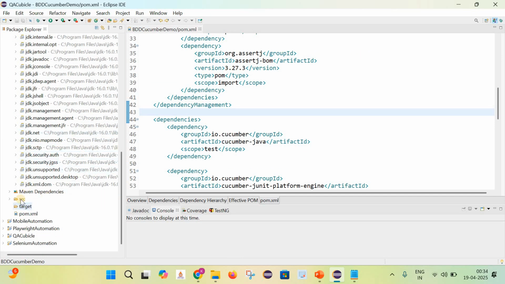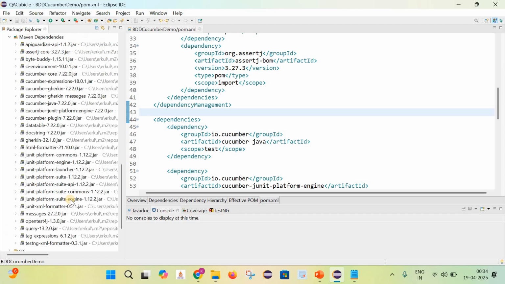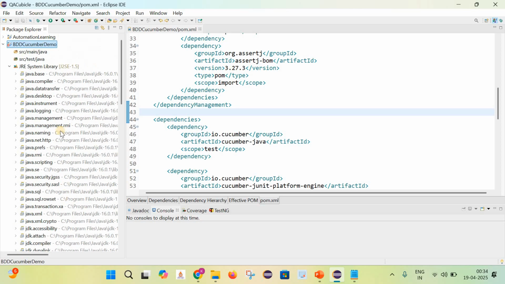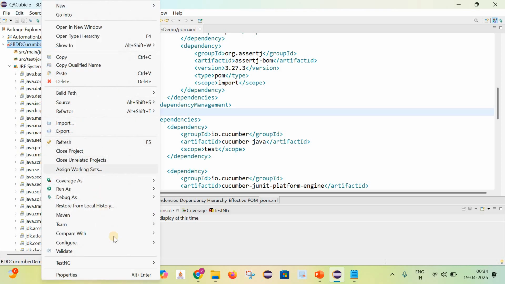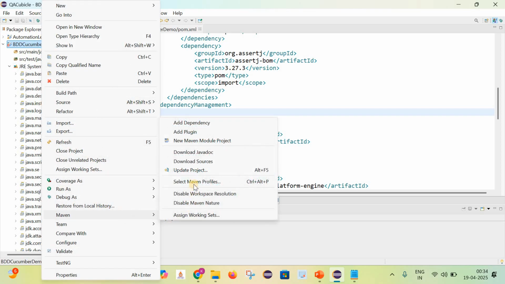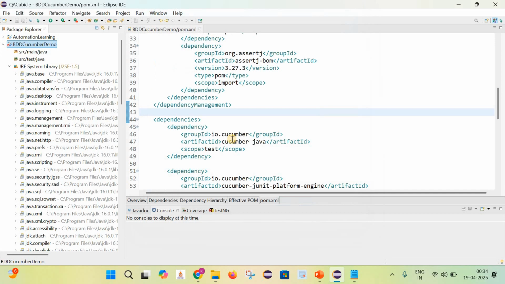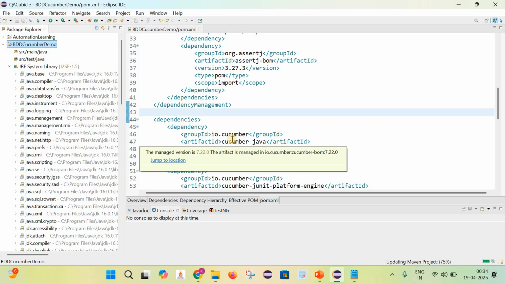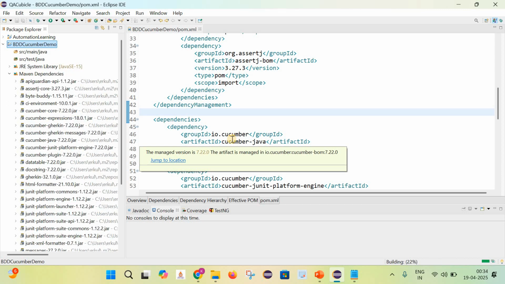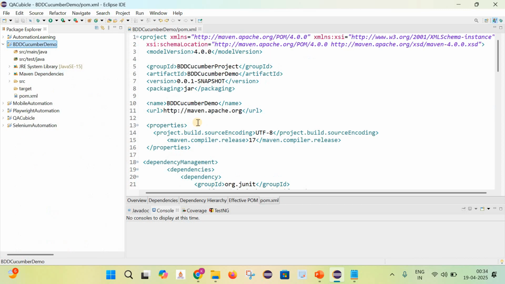You can see it has added the required dependencies here. All right, and we can update this project just once. So now all the things are set to work on the BDD Cucumber project.